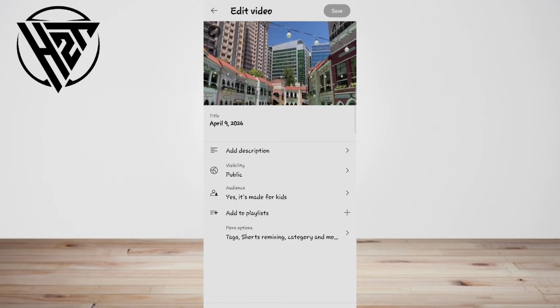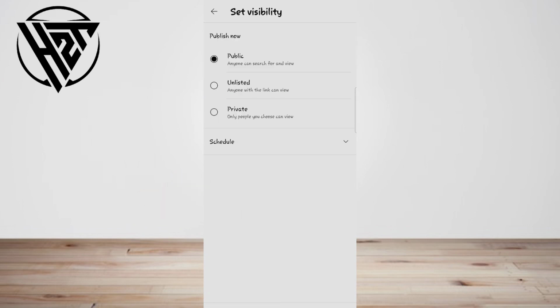Then, look along the top of the video. On the right side, you'll see a blue globe icon which stands for Public. Click on it. Scroll down and below the video, you will see a button that says Public. Click on Public and you will get a drop-down list of options.